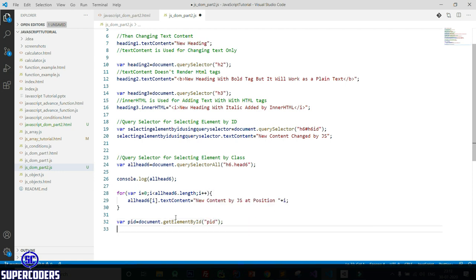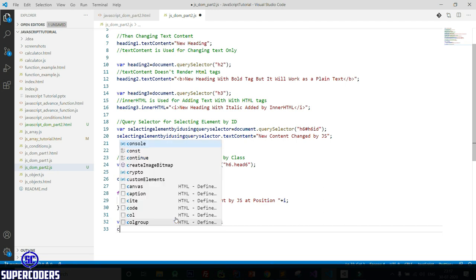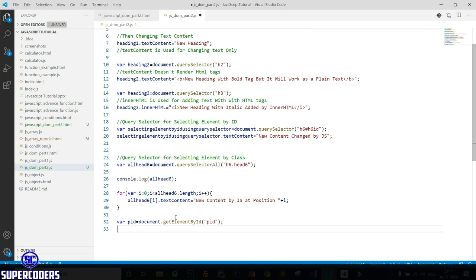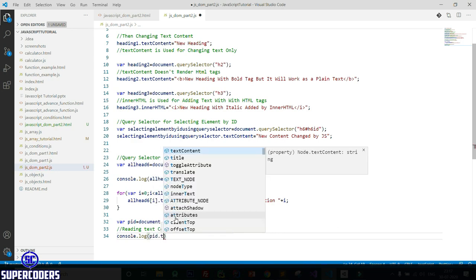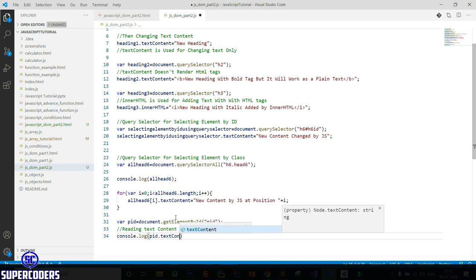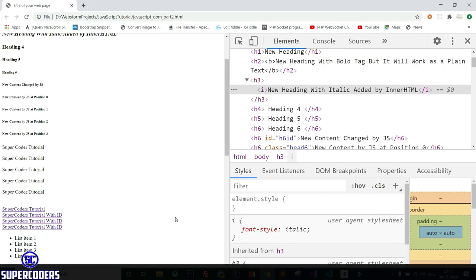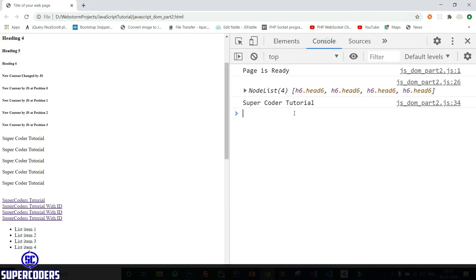Then let's try to access this textContent. So reading textContent, then console.log pId.textContent. Now let's run this, come to the console, and here you can see in this way you can access the text of HTML elements.